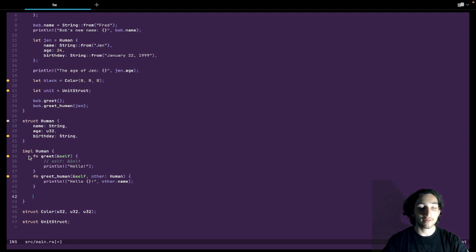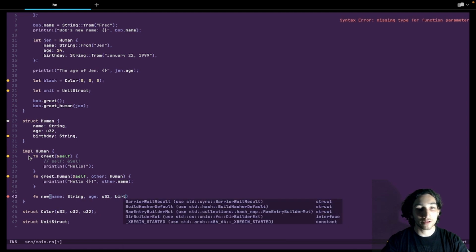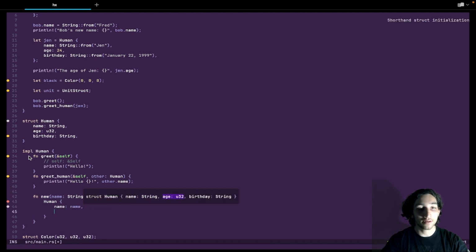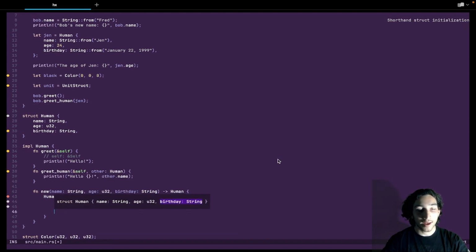So in order to create that function, we can write function new, and then we can write that it takes in a name of type String, an age of type u32, a birthday of type String. And then the function returns a Human. So in order for that to happen, we need to write an instance of Human in here. So Human, braces, and then we put name: name, age: age, and then birthday: birthday.